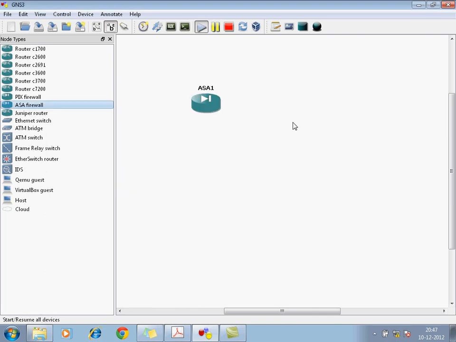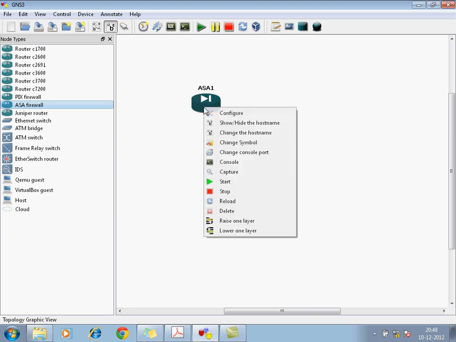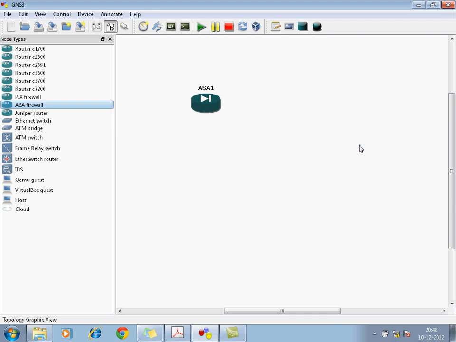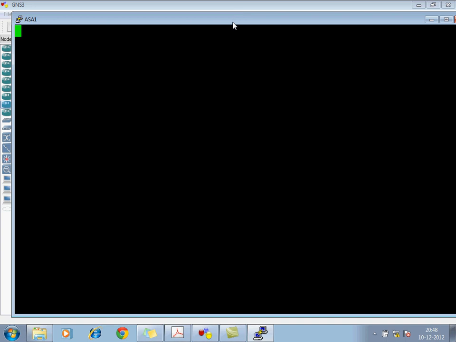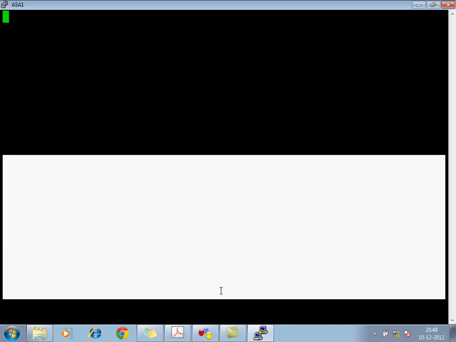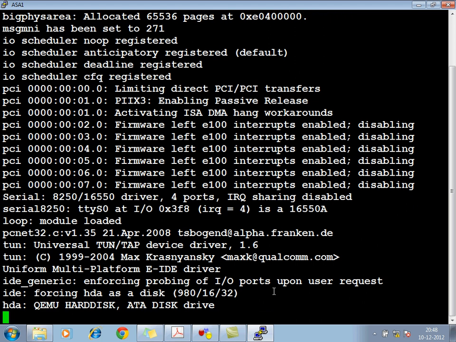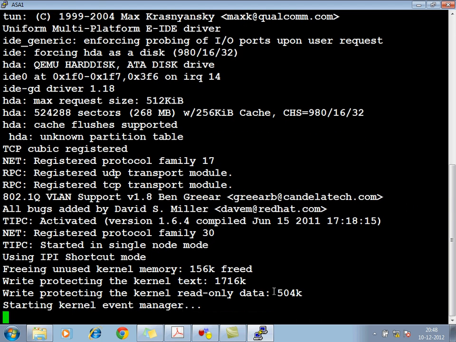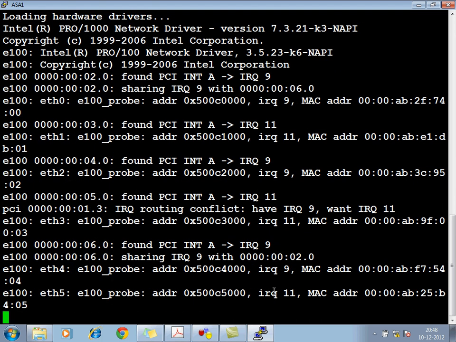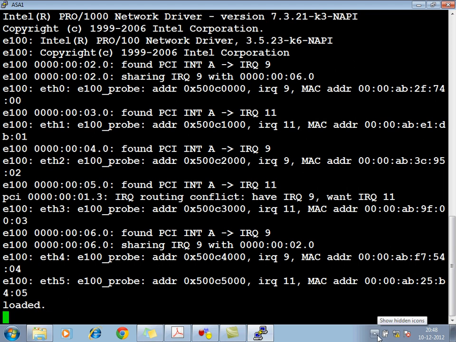Run this. Don't follow the previous videos. In the previous videos, Linux was running in the background, a separate window would open for Linux, and we needed to type from the console. But this is a new version. We don't need to follow the old videos now. Go to console. It's supported by Red Hat.